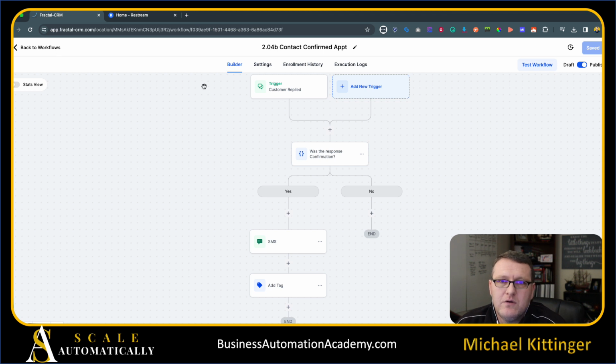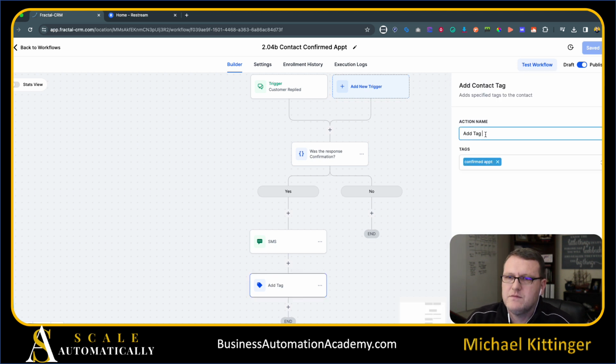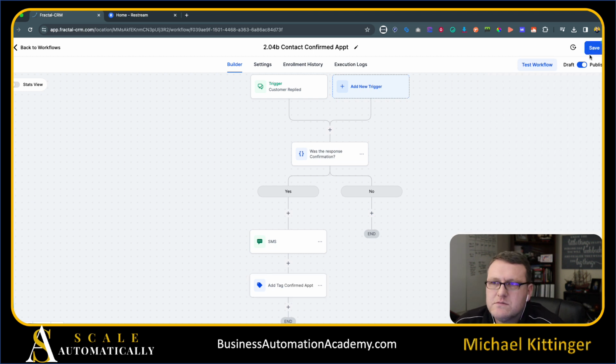Okay, so now we have the other workflow where it's going to go down 15 minutes prior. If they have this tag, then it'll tell my client that the contact confirmed the appointment, and if they didn't, then it will tell them that it has not been confirmed. That way they can either try to contact them directly, and again, that's the step where you could cancel the appointment,